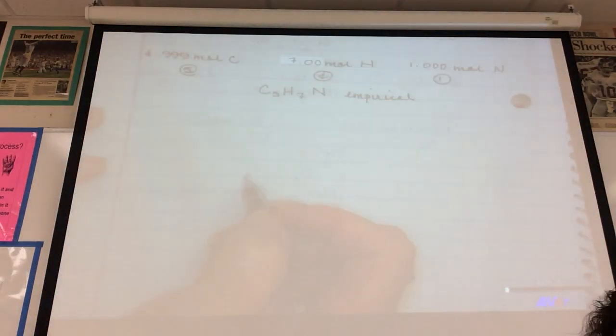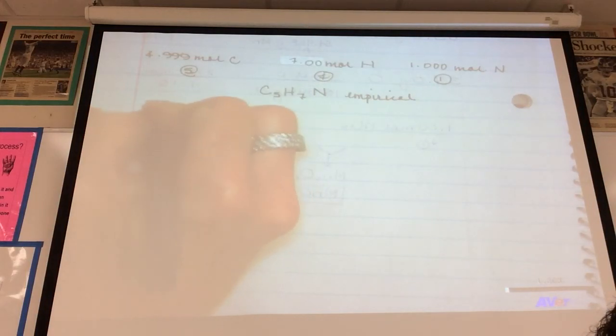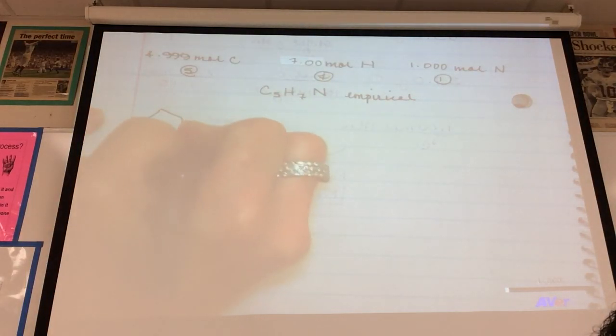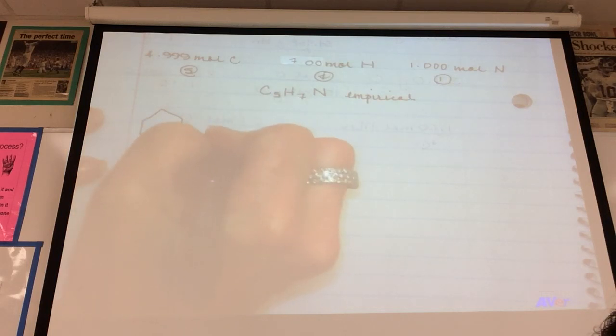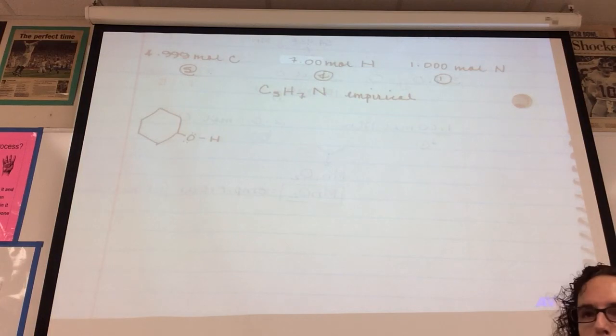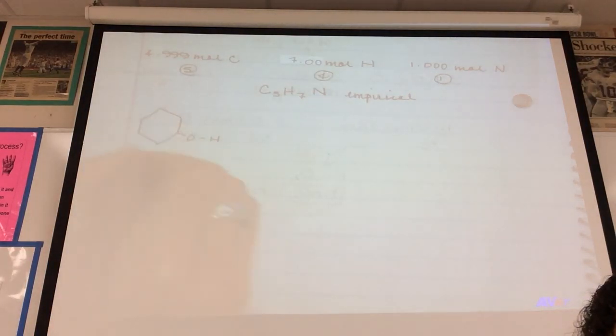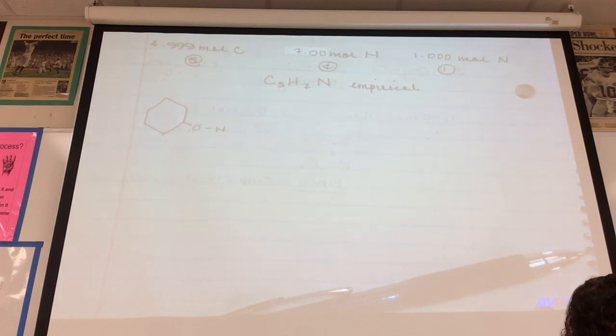Cyclohexanol is a real cutie woody one. Looks like this. It's cute. Cyclical, 6 carbons in there. In any event,